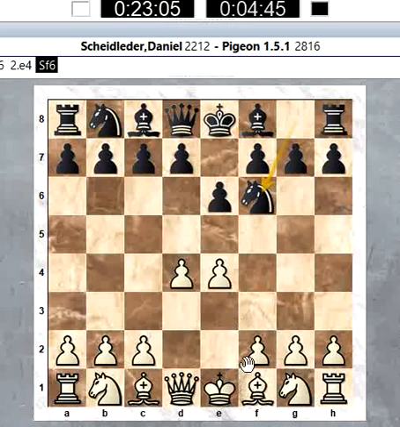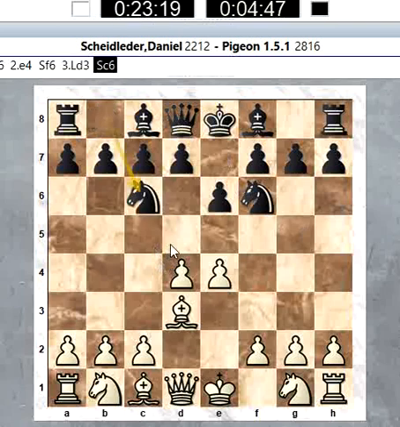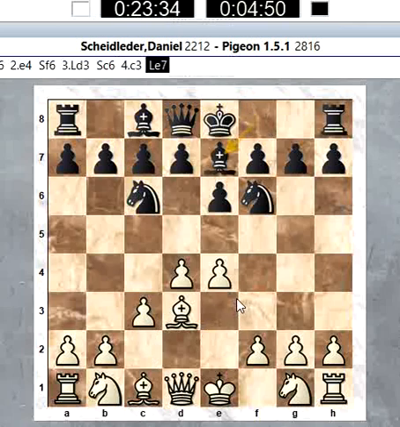I mean, I don't really know. I mean, e5 looks nice, but I don't really gain anything by doing this. So I'm gonna go with bishop d3. If d5... Well, I can't believe this. Okay, he's attacking this pawn. And I don't want to face stuff like...